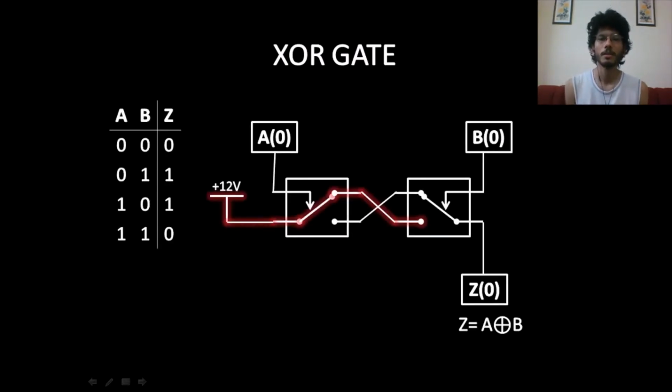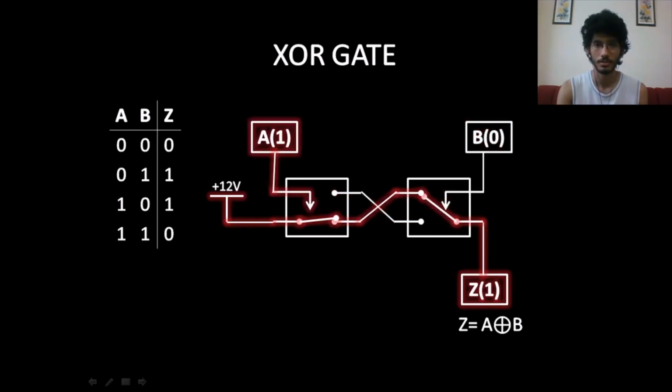This is how you implement it using relays. So you take two relays and you exchange the normally open and normally closed contacts. Initially it looks kind of confusing, but if you look at it carefully, you'll notice that when both the relays are either switched off or switched on, the circuit is actually disconnected, and the circuit gets completed, that is the output gets connected to 12 volts only and only if one input is on and the other is off. So that's how it works.